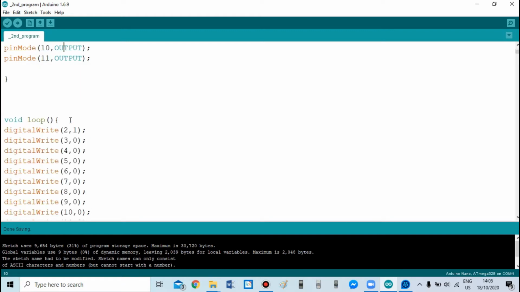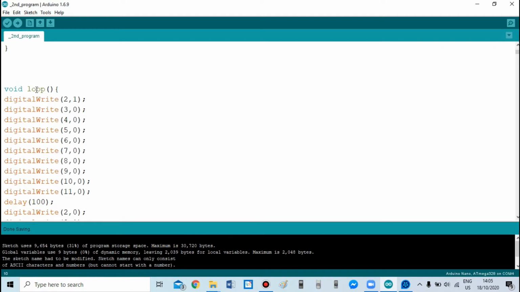The second is the loop part. For your information, there are 5 parts in the loop part. But why do I use 5 parts? The 10 LED lights which I used on the breadboard blink in five types, and all of the types are different. So the first part is digital write,